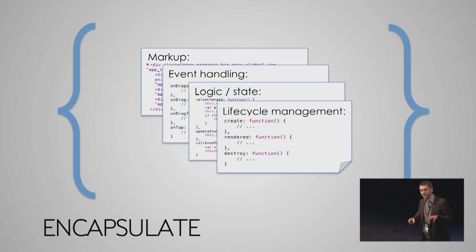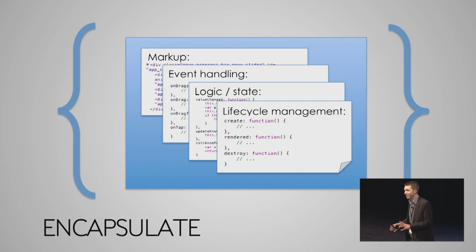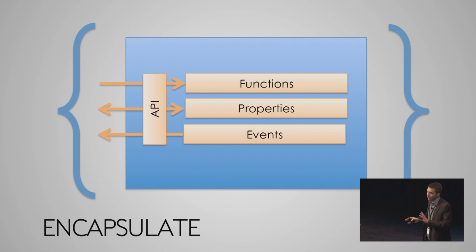And what we're going to do is take all of that, draw a box around it, and then put that inside of a JavaScript object. And now, instead of building our applications using these amorphous chunks of HTML and JavaScript, we're going to start building our applications using objects, using components that have a well-defined interface. And the components hide their implementation from the user, so that you're working with these well-defined interfaces.